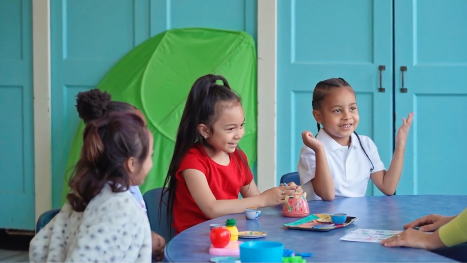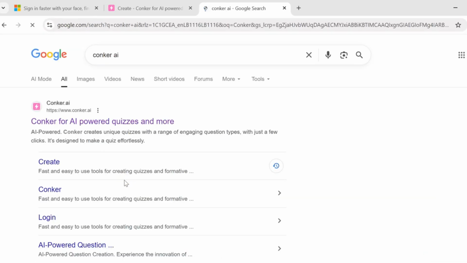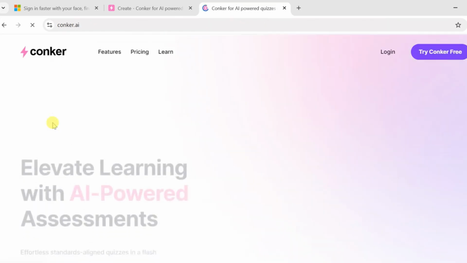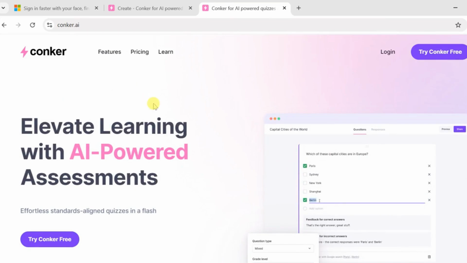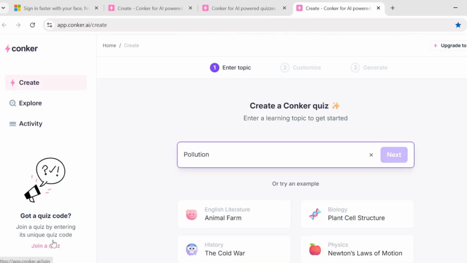So first of all, you go to Conker AI. That's it. That's Conker, AI-powered quizzes that help you elevate your learning with AI-powered assessment. You can log in if you already have an account, and you can try Conker for free. So that's